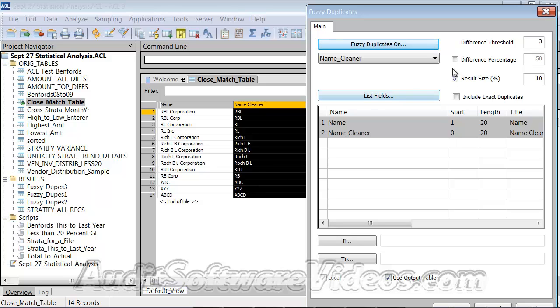So if I take away that difference percentage, it doesn't care about it. It basically will include that, and that's sort of a false positive. I'm more interested in seeing, I'm trying to think of a good example here. But let's say we had a longer field name, like Rich LB. If I do include that difference percentage and say difference threshold 3, difference percentage 50%,